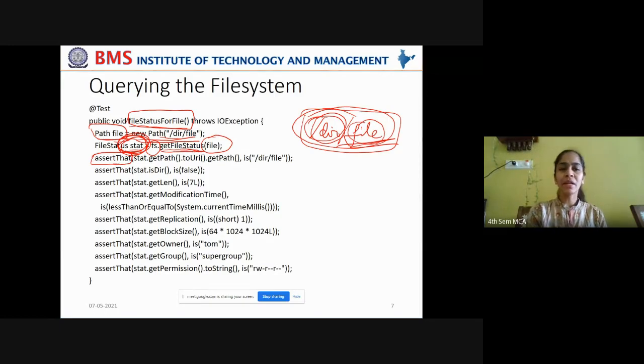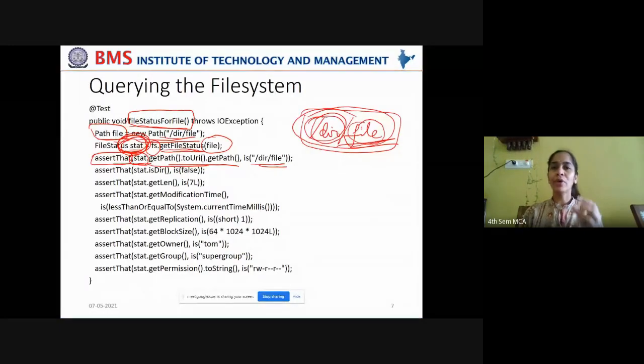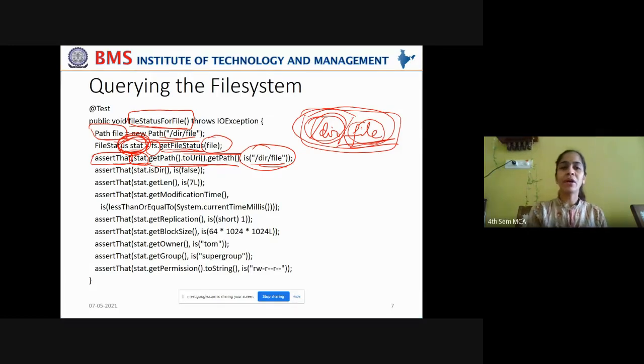Okay, so you're using that assertThat method and you're checking whether the path that you obtain through this file status object is the same as what you have given. Okay, you're trying to get the status of this file, right? It has some status, and you're trying to match whether that is tallying with what is obtained as the file status. AssertThat expects two parameters.